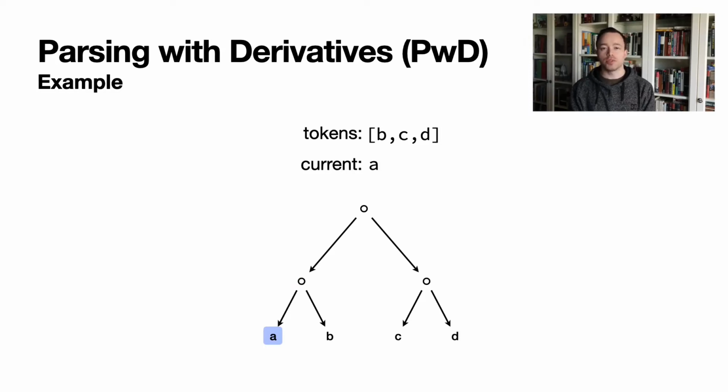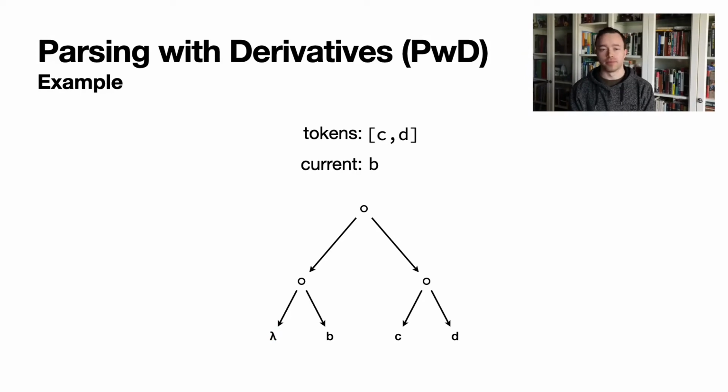When the algorithm comes to a token node, it attempts to match that token to the current token that we are taking the derivative of the grammar with respect to, in this case, also A. Because the tokens match, we replace the token grammar expression with a lambda, indicating a successful parse. Since we have successfully derived the grammar with respect to A, let's proceed and attempt to derive the result with